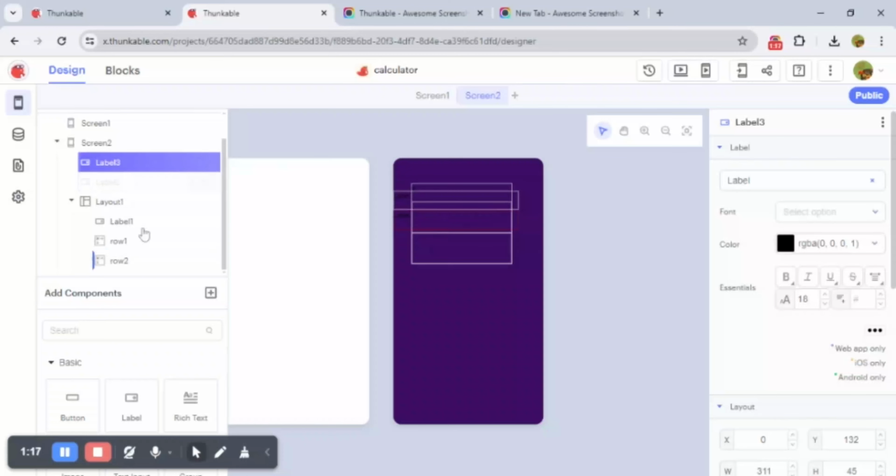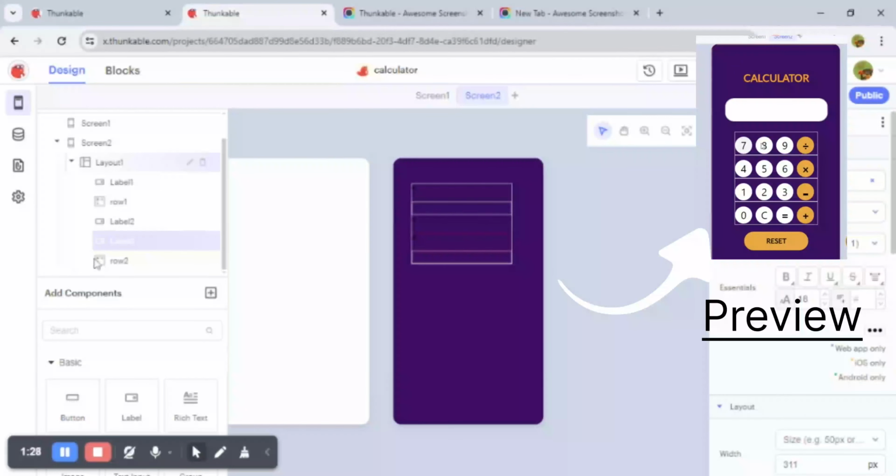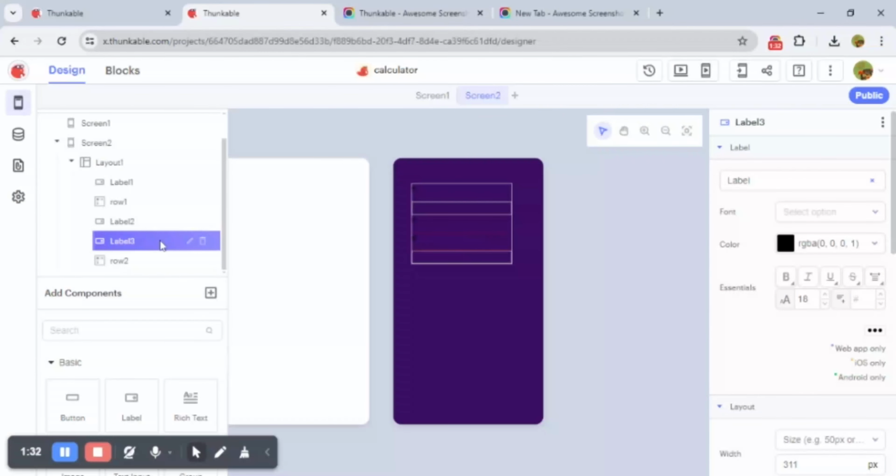And these will be underneath row 1. And the next one is going to be under the layout, not row 1. So just take care of this one, which will give the output, and we will be renaming this label as output,